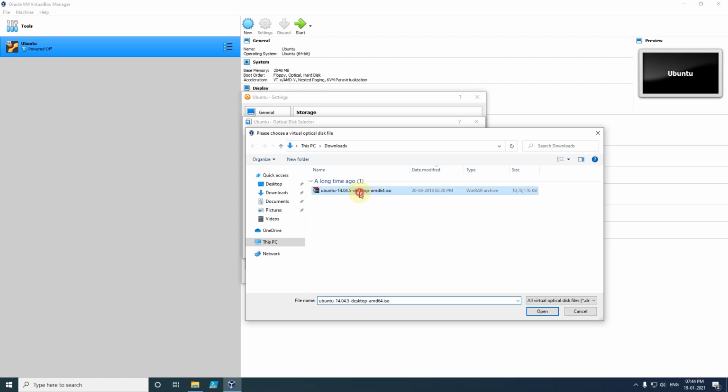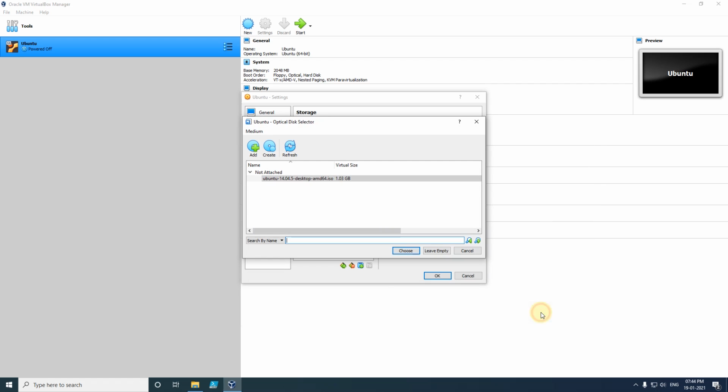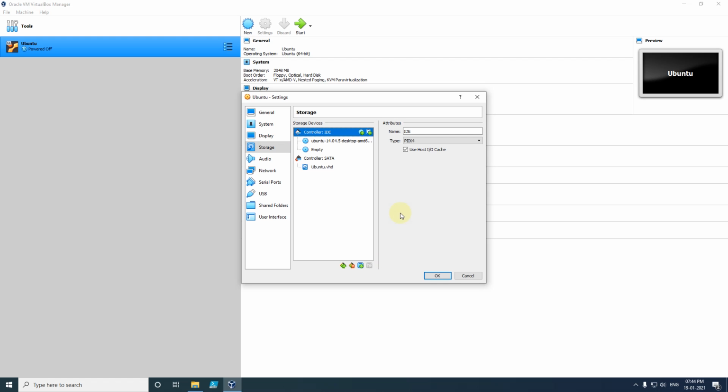Just select this file and click on open. That file got uploaded to the disk selector, and from here again we click on choose. Now our Ubuntu ISO image has been uploaded to our VM. Here you see one empty disk which we don't need, so I will click on remove attachment.